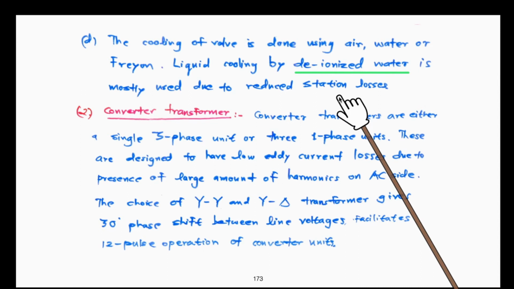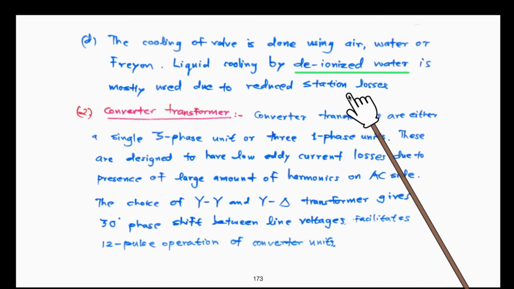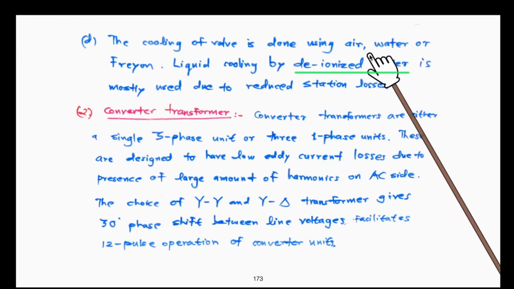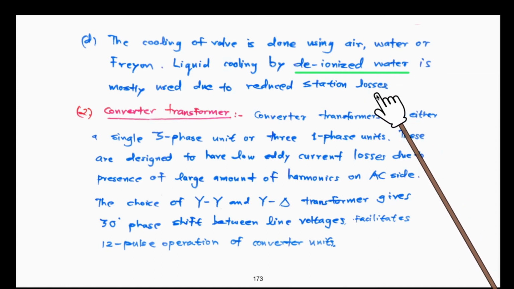See, why are we focusing so much on the cooling? This is because thyristors are semiconductors. They do not have any overloading capacity. If the ratings are exceeded, they will simply fail and the power supply will be hampered, that too for bulk power transmission. Consequently, for stable operation of semiconductor devices, solid state devices, cooling has to be taken care of thoroughly. In no case should the temperature exceed the specified limit for stable operation.